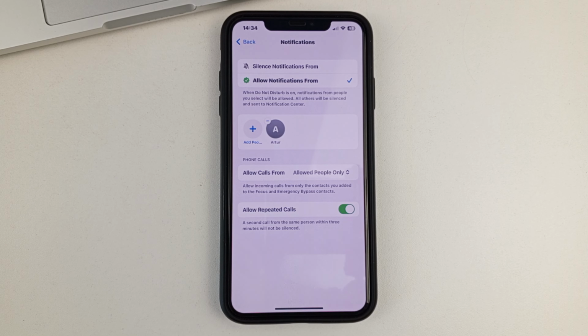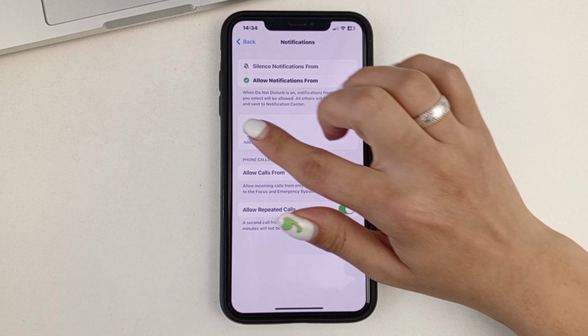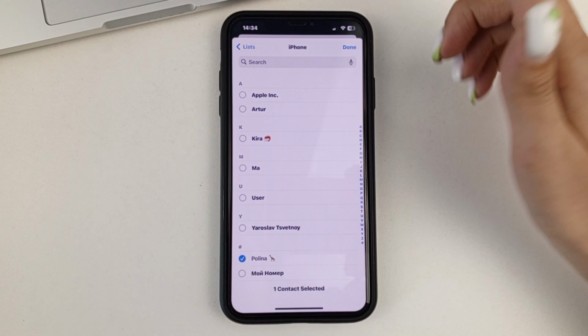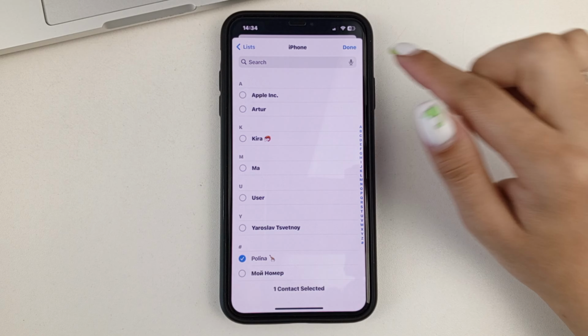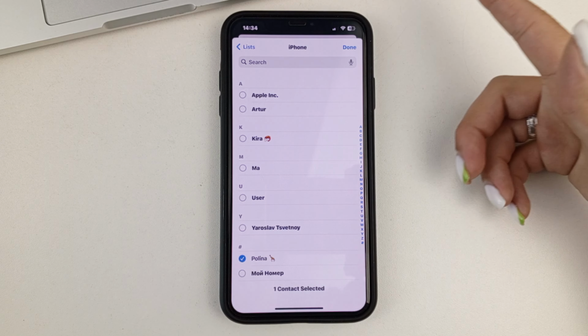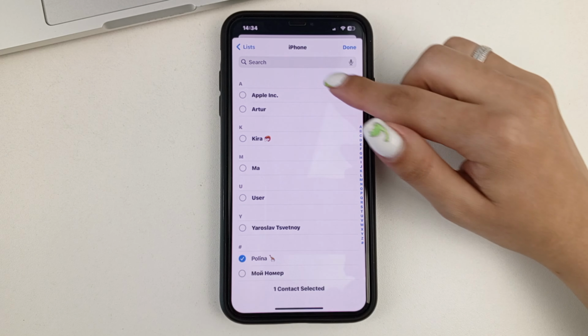This is where you can add people. You can add people that you would like to receive calls from at that time when you have Do Not Disturb enabled. To do that, just click on the plus sign. And just select here the users that you would like to receive calls from. And you can also just write the person's name in the search box so that you don't have to search for them if you have a large list of phone numbers. Once you've done that, you click Done.